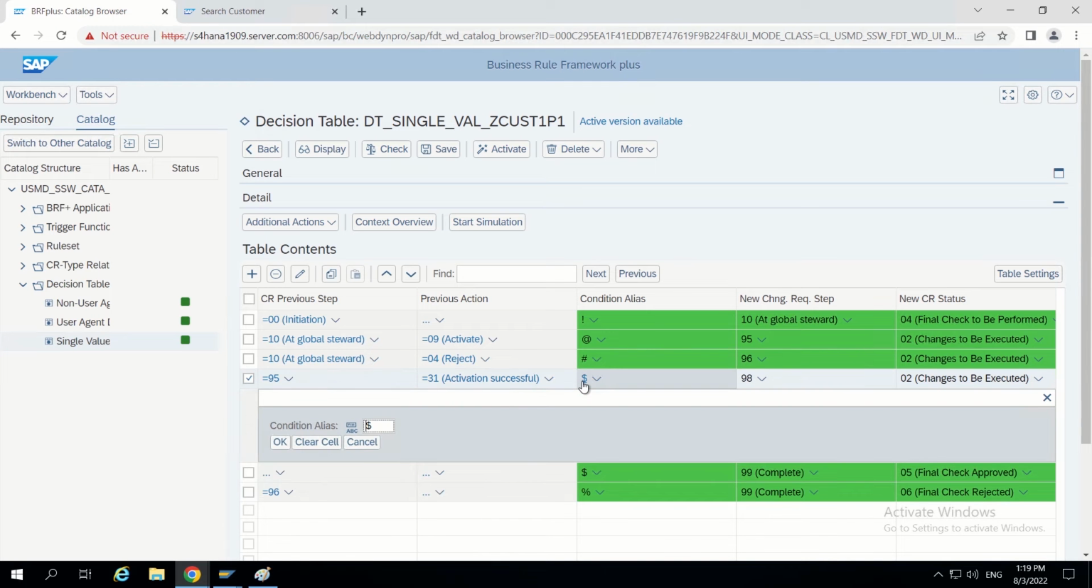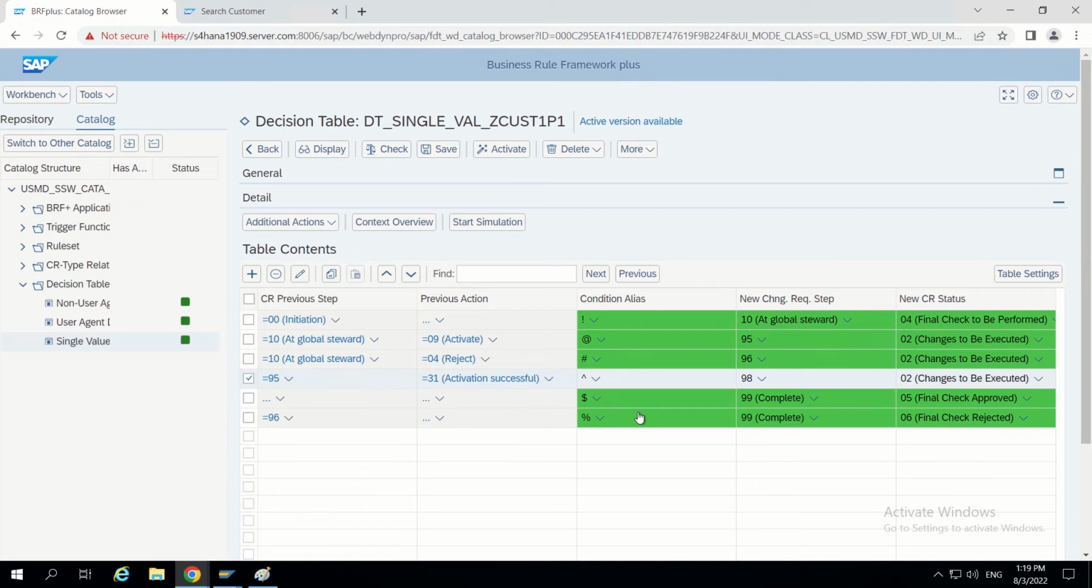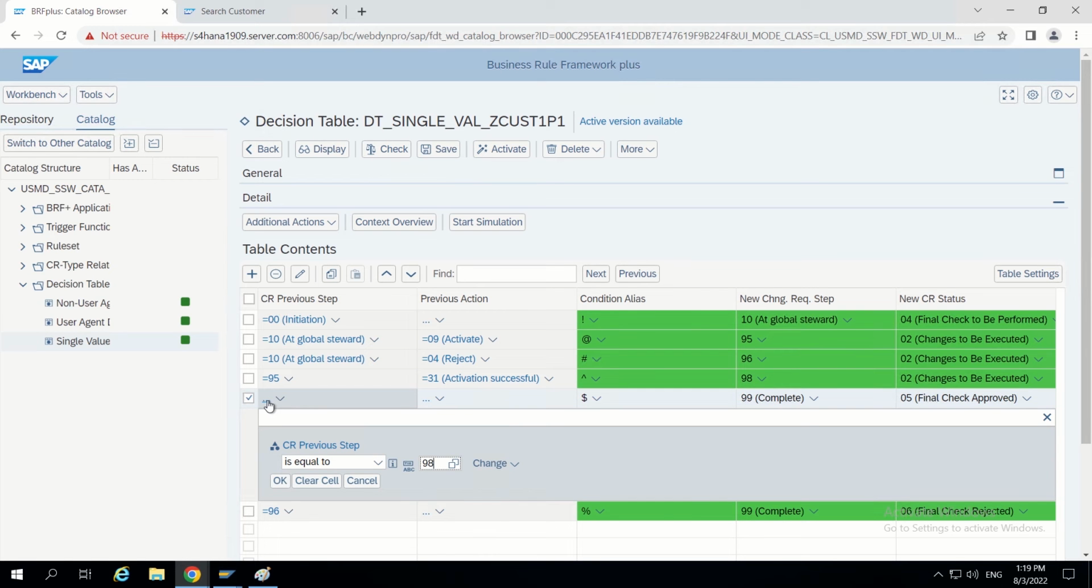Here I will add this symbol. So this will call system method badi, system method caller badi. Now from 98, we have to add here as well 98 as previous step. So now what happens,